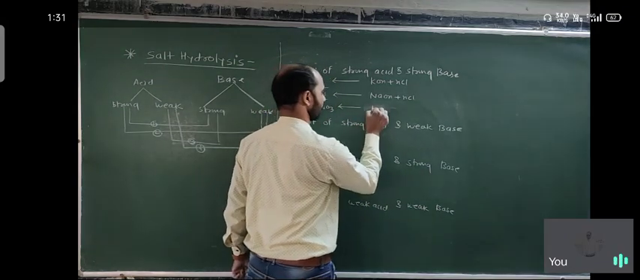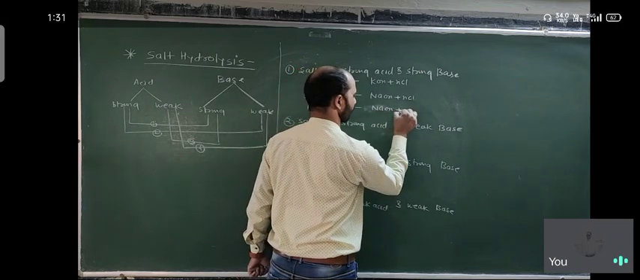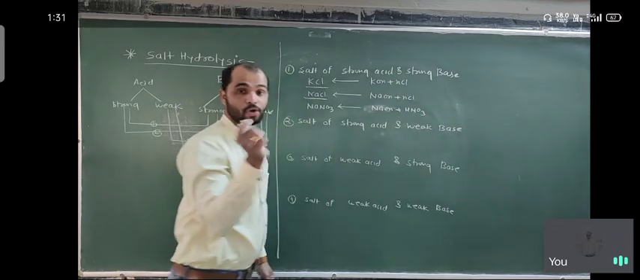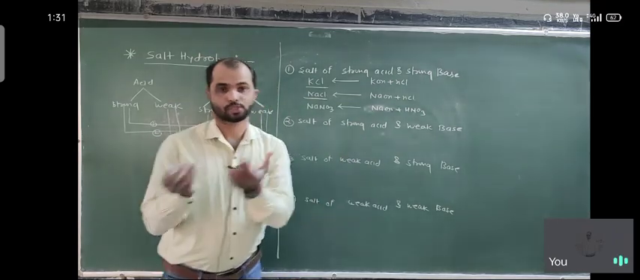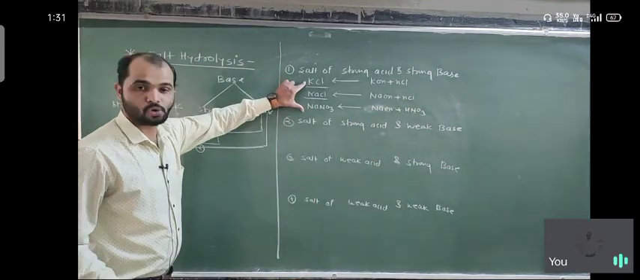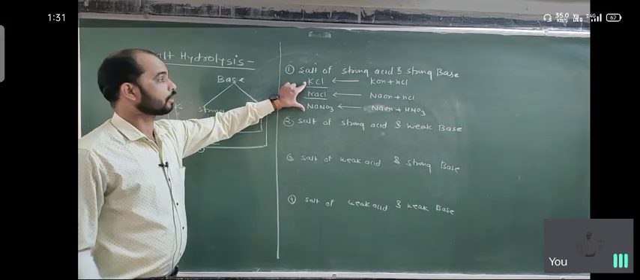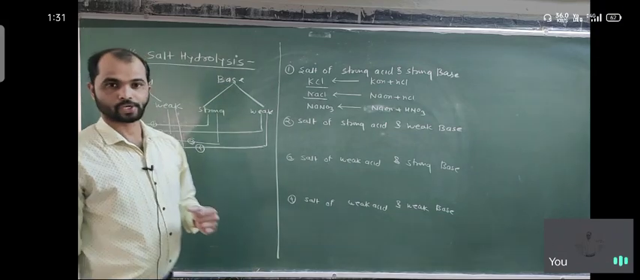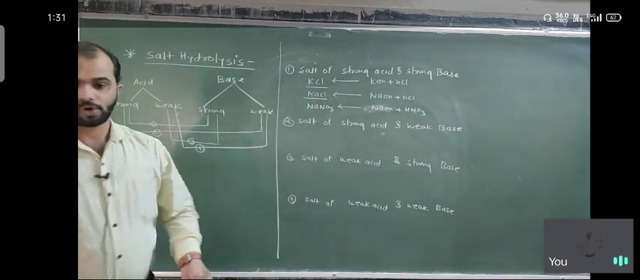मी इकडे बेस लिहितो आधी NaOH, HNO3. HNO3 is the acid. So HNO3 is a strong acid, NaOH strong base. Means these are the salt which is obtained on the reaction between strong acid and strong base. Okay? Second one, strong acid,